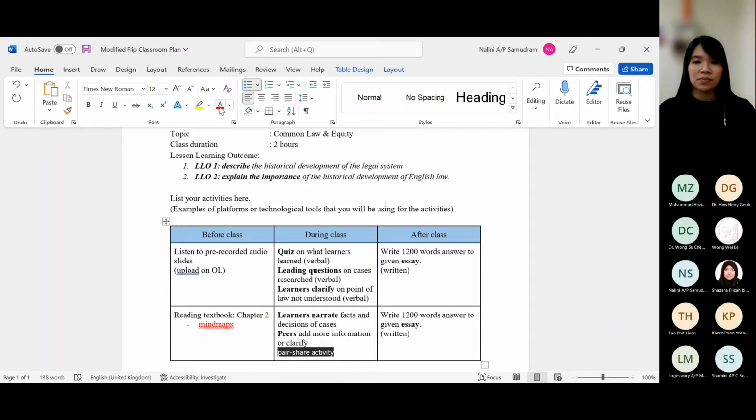If it's a really good mind map, you can use that as guidance and say, okay, this is the simplified version prepared by the previous one. So do your own learning and develop from there, or maybe you can create your own mind map. I think learning through a mind map will register faster because it has all the visuals and colors, instead of reading the textbook with a lot of words. So I think that is one way to flip the lesson. And Miss Wendy, anything else you would like to add?